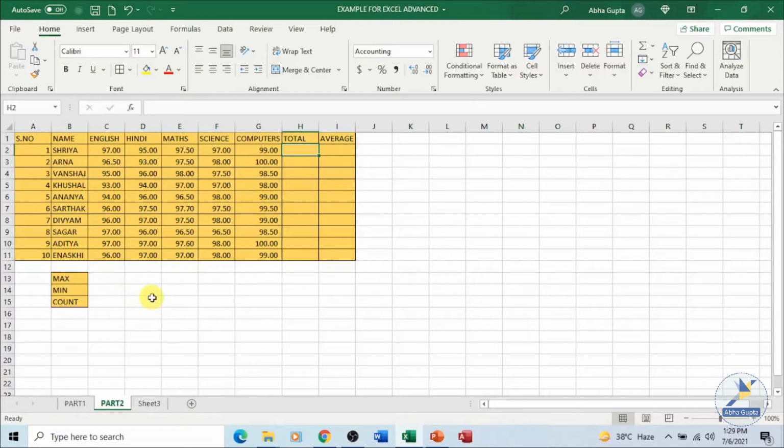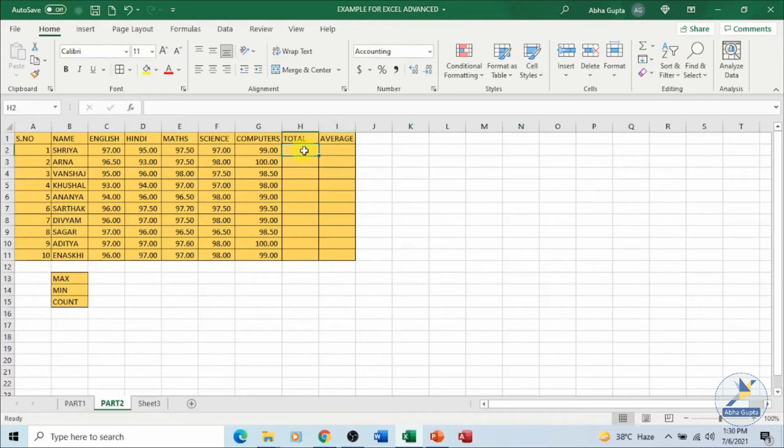In the previous course, Microsoft Excel course beginners, we have discussed how we can make use of the functions to perform the same functionality. Here we are not going to use the inbuilt function, but we will make use of the AutoSum command. So make the cell active wherever you want to calculate.